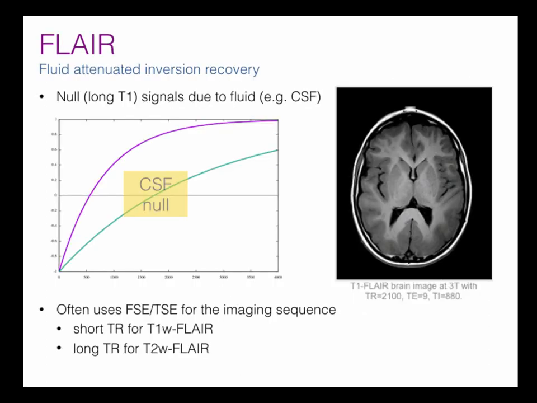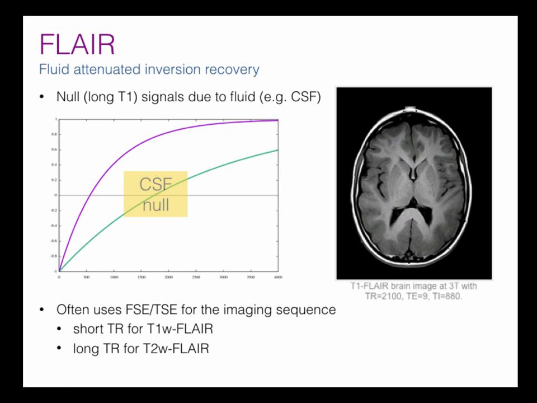Okay, another imaging sequence that is based on inversion recovery is a FLAIR sequence. In this case, this isn't so much for grey matter and white matter contrast, it's more about nulling the CSF. CSF is liquid, and liquids usually have a long T1. So we basically choose a time such that after inversion we wait for the CSF signals to pass through the null